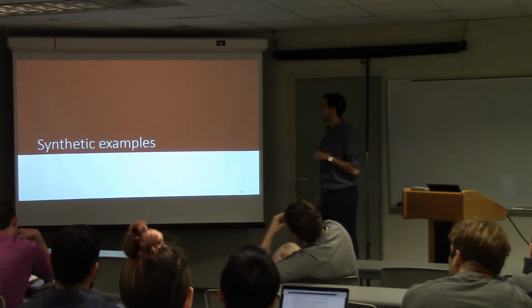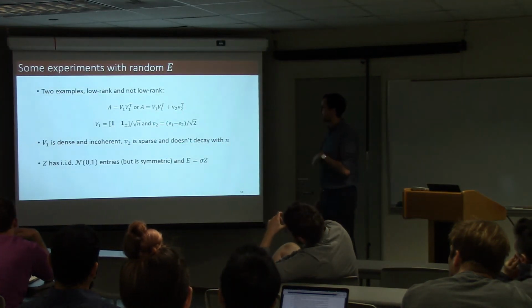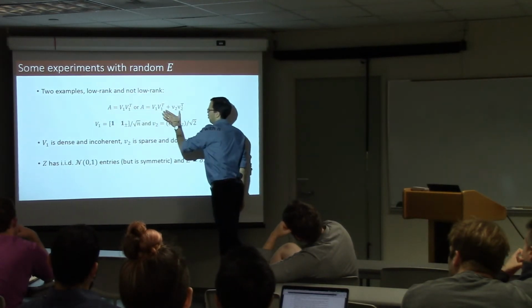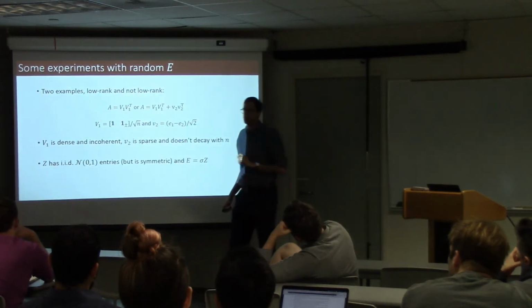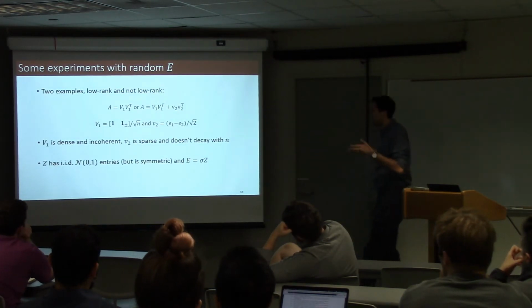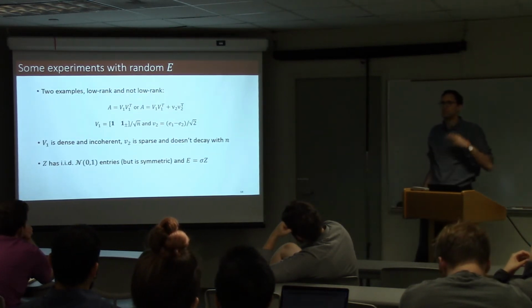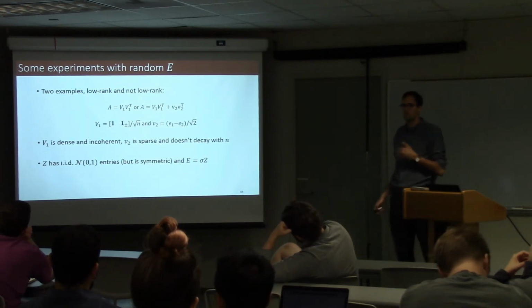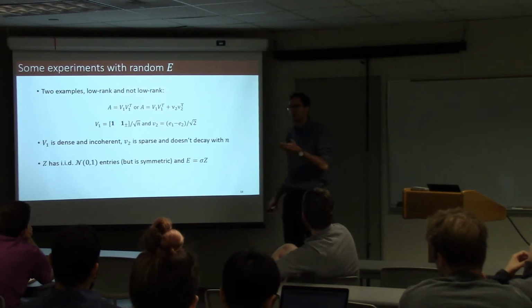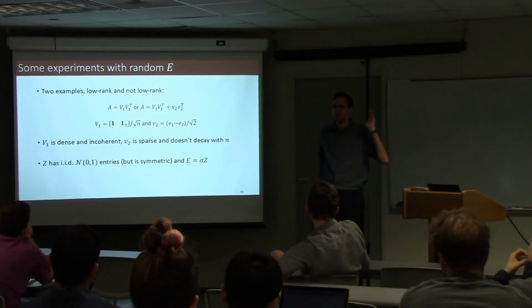So the synthetic example is we basically take a matrix A that is rank 1, or rank 1 plus a small piece we're not going to care about, and we add random noise to this. And when E is a Gaussian random matrix, we can predict the quantities of our upper bound or bound them with high probability. Okay? So we do an experiment and ask, do our upper bounds predict these differences in subspace distance?